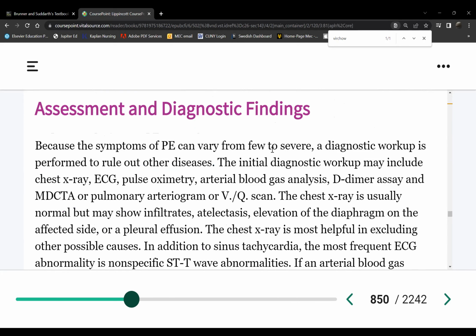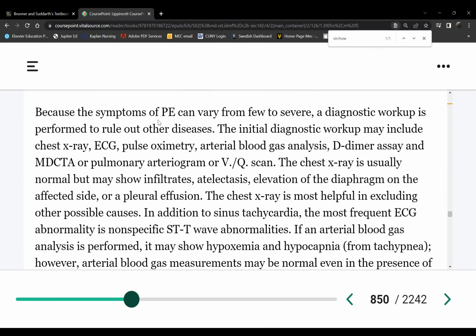So here's now the prime diagnostic test. We need to send the patient to a CAT scan. What's the problem with a CAT scan? Because what kind of CAT scan are we doing here? With or without contrast? There has to be contrast. So the purpose of a contrast is what? Why do we put in a dye? To see the pulmonary arteries. So we need to visualize what the pulmonary arteries look like so that we can locate where the obstruction is. What's always a problem when we do a CAT scan with contrast?